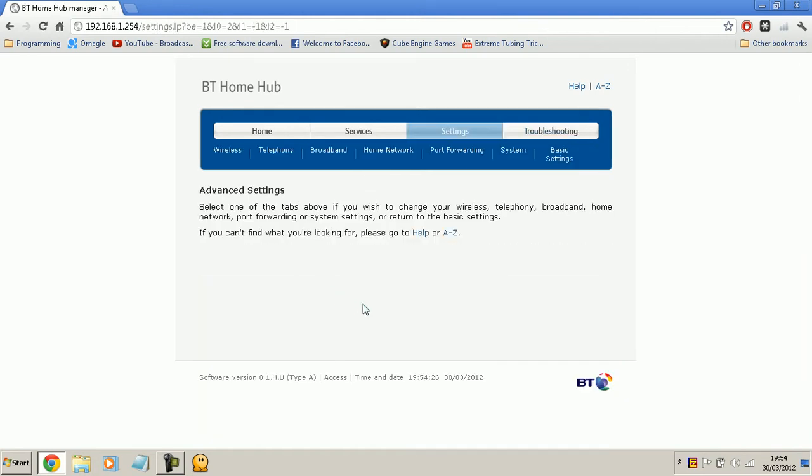Now don't worry about messing up your internet or whatever, because if it does mess up, you can simply reset the router. But then again, it shouldn't mess up either way. Even if you put something wrong, it should not do anything to it. So go to port forwarding, wherever it may be,